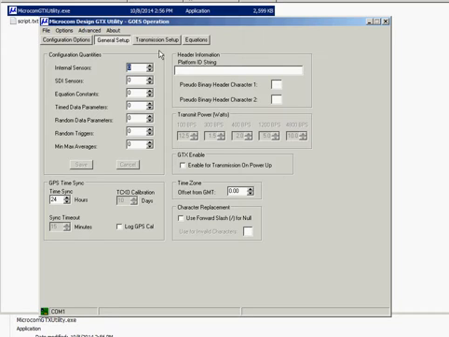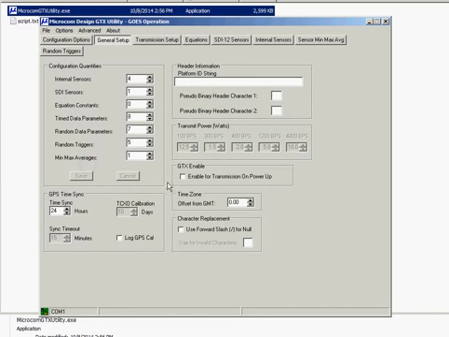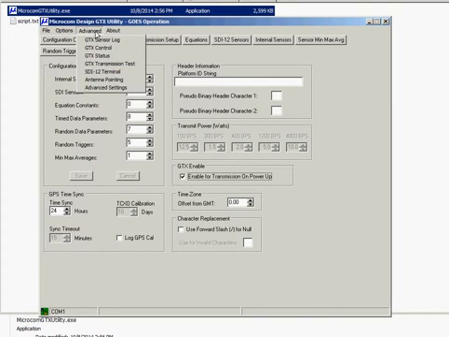I know that we're going to need 4 internal sensors, 1 SDI12 sensor, 0 equation constants, 8 timed data parameters, 7 random data parameters, 5 random triggers, and 1 minute max average. Click the Save button. Next, click the Enable for Transmissions on Power Up checkbox, and under the Advanced menu, click